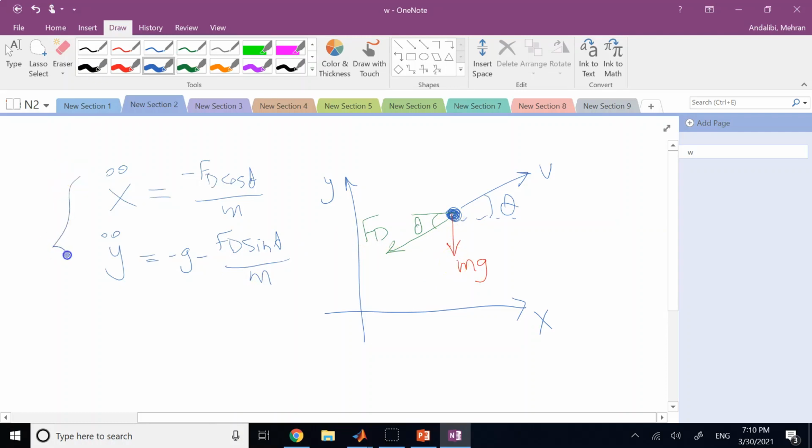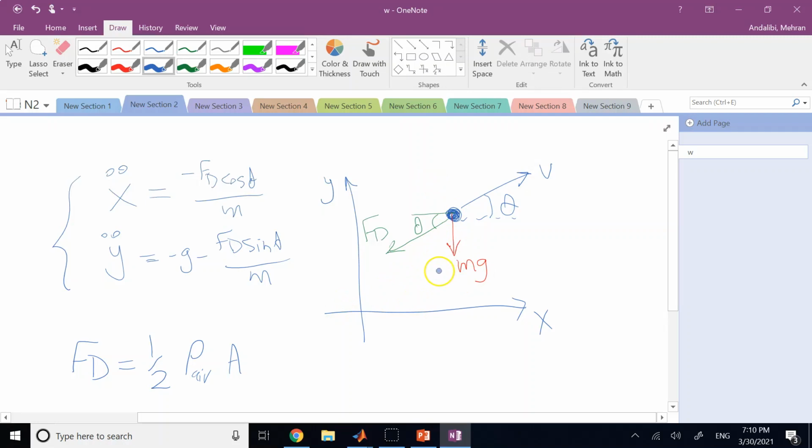Okay, so now these are your equations, and the thing is theta and Fd are functions of x, y, and the dot terms, or all of them are functions of the dot terms. Like what? Fd, the drag force, is equal to 1/2 rho of the medium. In this case, let's say it's air, so rho of the air. A is the cross section of the part that is in front of the upcoming fluid,